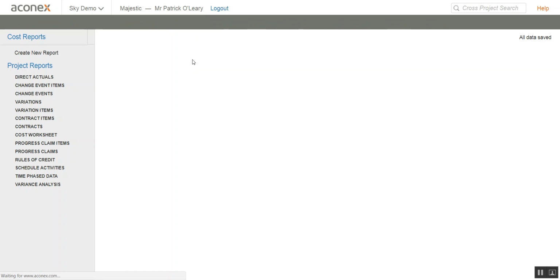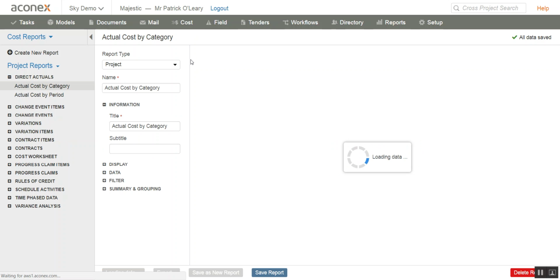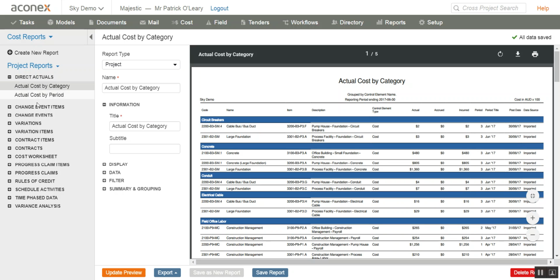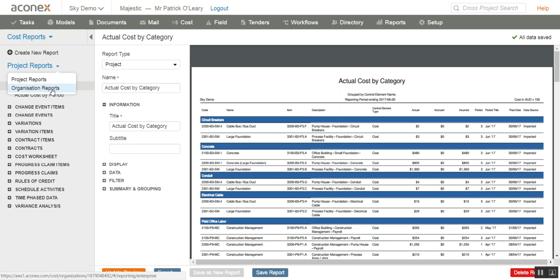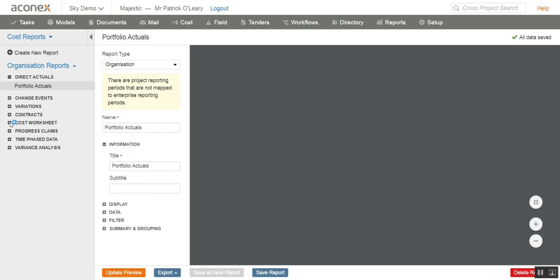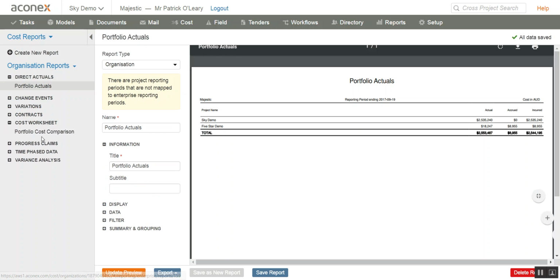Aconex Cost has a very powerful configurable reporting engine, and it comes with a number of predefined reports around different data sets, and you can also create your own reports based on your specific preferences. Now, Aconex Cost allows you to report at the detailed project level, or if you're running a portfolio of projects, at the organization level. So let's firstly jump into the organizational reports, and if I go to cost worksheet